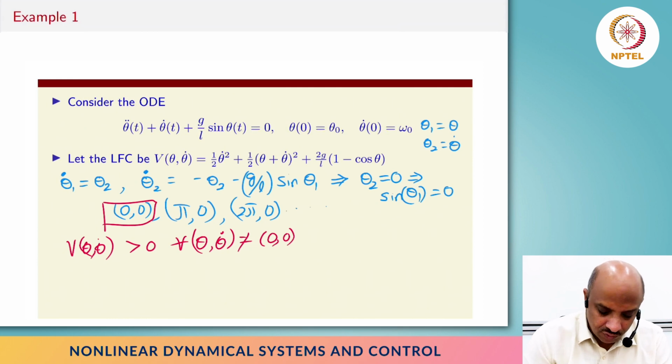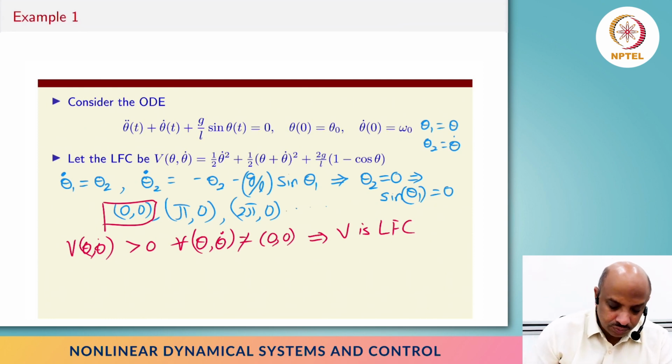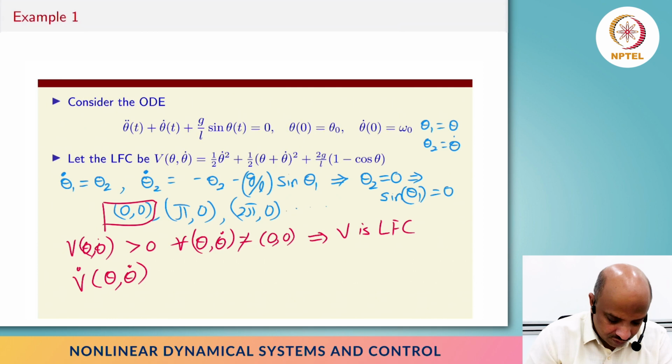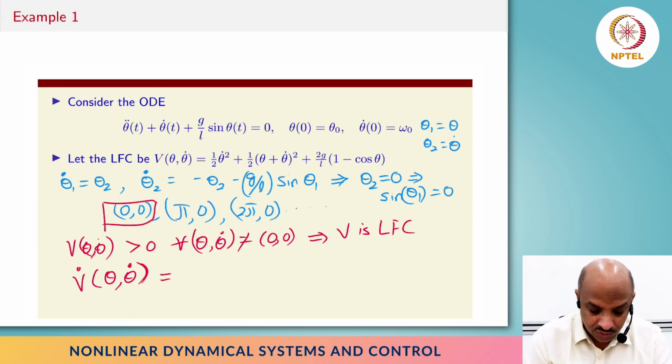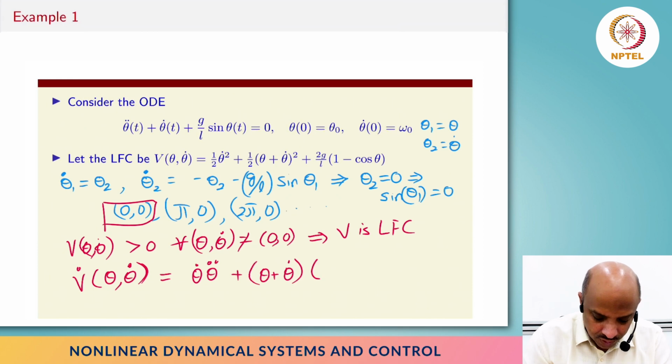So that means V is LFC. Okay. So the only other condition that we have to look for is basically compute this V dot of theta, theta dot and see if that is strictly less than 0 or less than or equal to 0. So when we do that, we'll get theta dot theta double dot plus theta dot times theta dot plus theta double dot,